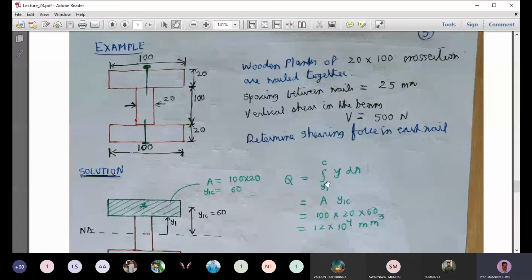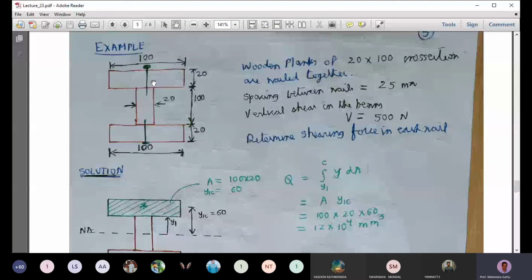Okay, so let's look at this simple example where we'll see how the shear flow is taking place. We have wooden planks with a 20 millimeter by 100 millimeter cross section. The wooden planks are of a certain length, and the cross section area is this much, 20 by 100. And we are joining 3 wooden planks of these dimensions. How are we joining them? We are joining them in the form of this I-shaped beam. So this is the cross section of this beam,